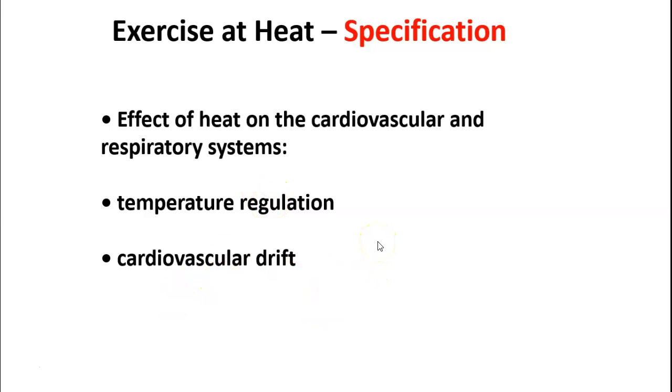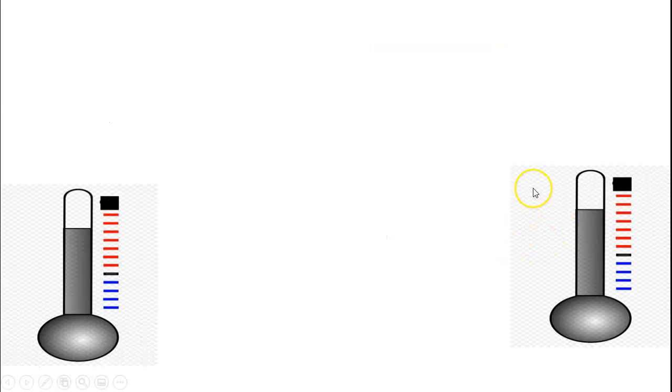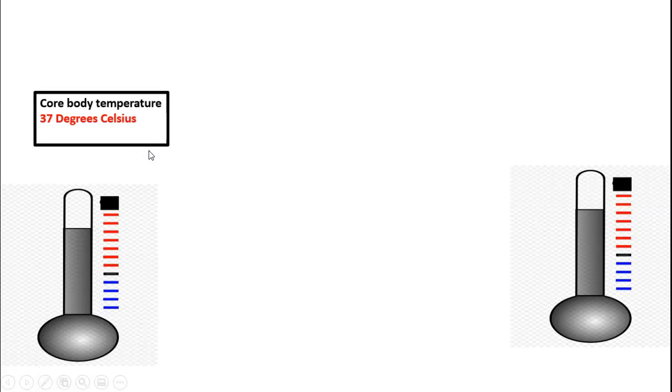Now before we go in to the details on the effects of exercising at heat, I think it's really important to have some foundation knowledge. So first thing that we need to know is to have an understanding of core body temperature. Now core body temperature, or an average core body temperature, will be in the region of 37 degrees Celsius. Now it is normal to have a fluctuation of your core body temperature by 1 degree up or down, and as we are focusing today on exercise at heat, 1 degree up. Now obviously that is normal, that is an average core body temperature.